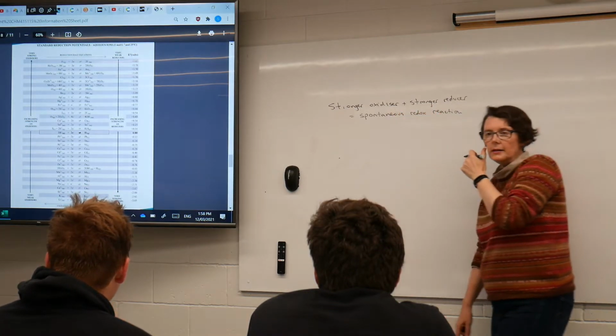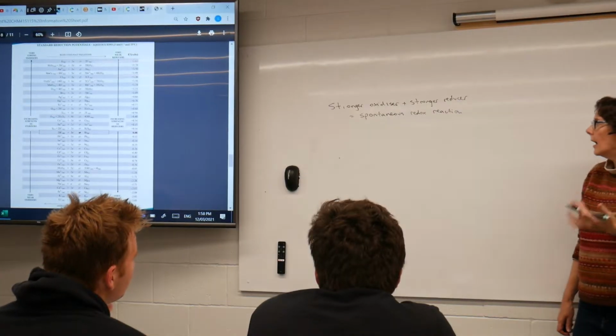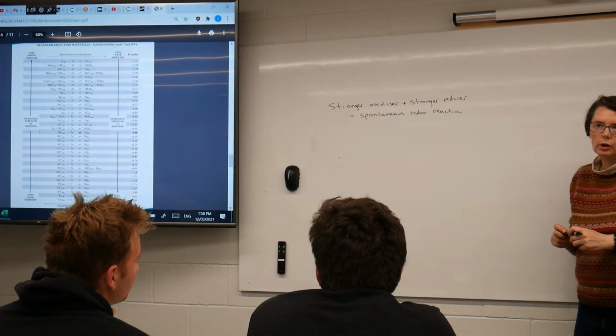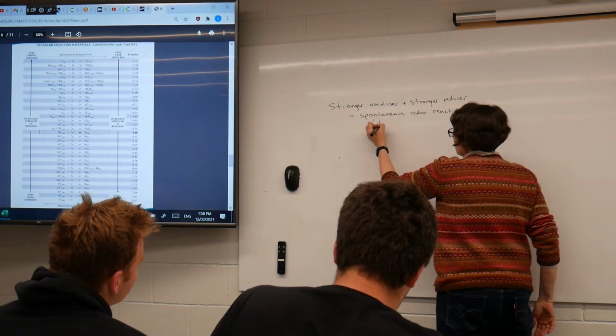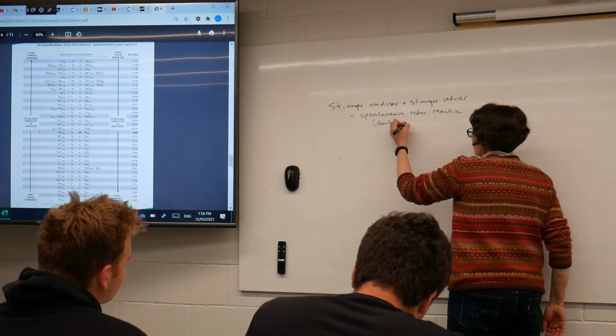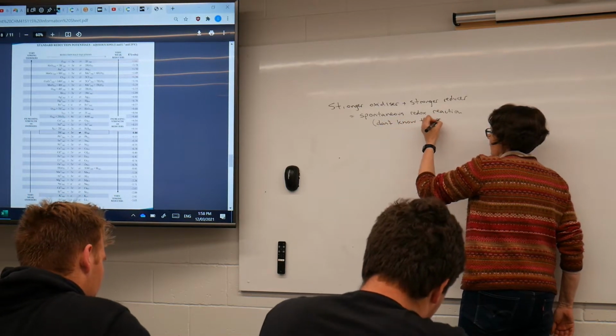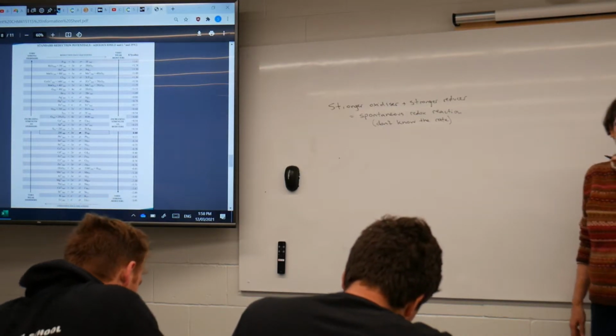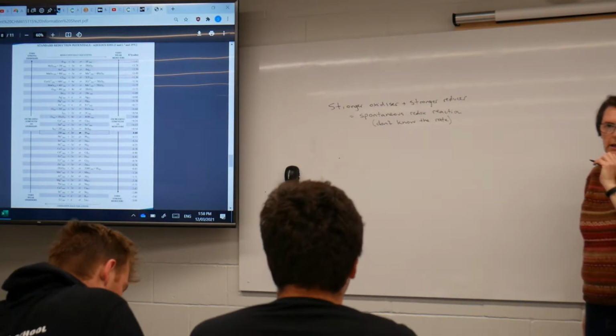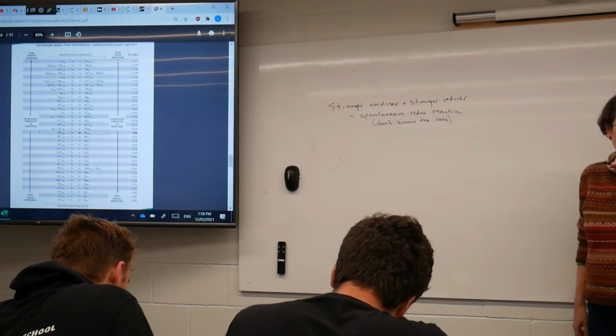So if we combine them together, then we will have a spontaneous redox reaction occur. We don't know the rate. We can't predict whether it's going to be fast or not, but we can state categorically whether it will occur